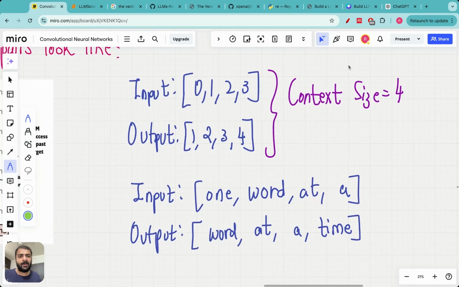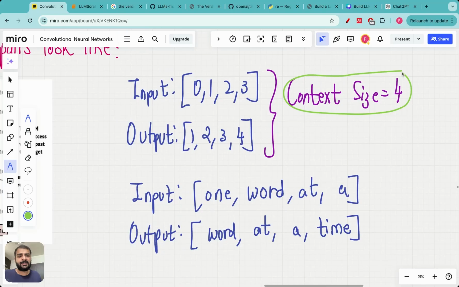The way this is done is as follows. First, we need to determine a variable called context size. Context size is the maximum length of the input which the LLM sees at one time, which basically means how many tokens the LLM will process to predict the next word. It can be 4 tokens, it can be 256 tokens. In large models, the number of tokens which the LLM sees is usually pretty large, more than 150, more than 200, it can even be around 500, etc. For now, here I am showing a context size of 4, which means that at one time the LLM can see a maximum of